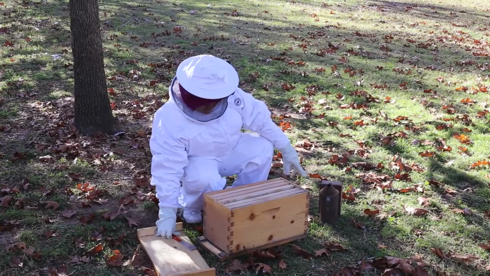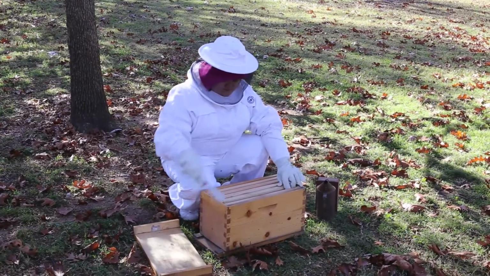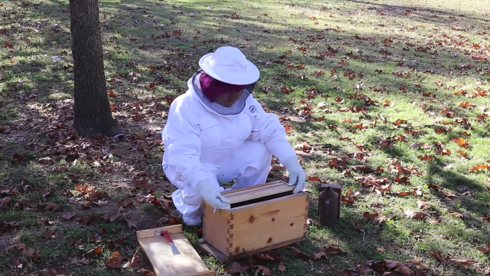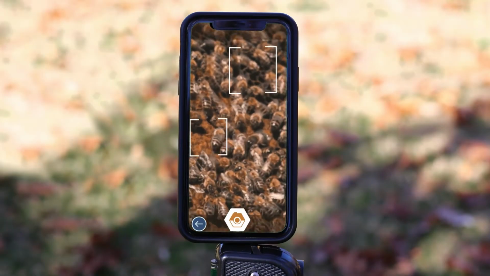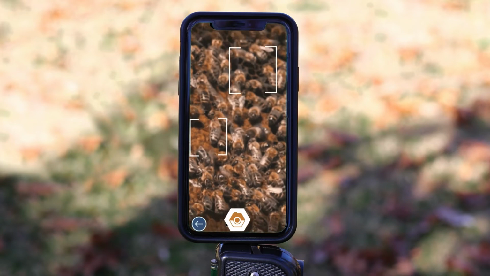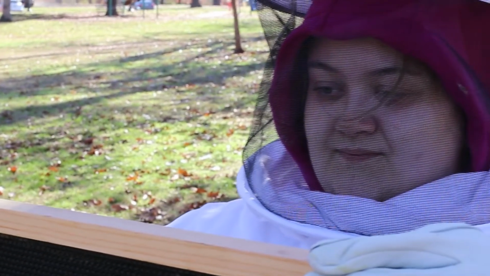Sadie is now ready to begin her hive check. Sadie pulls out a frame and places it in front of her camera. DataBuzz uses image recognition to capture an image of Sadie's frame. Sadie receives a notification on her smartwatch that the image was taken successfully, so she pulls another frame out to